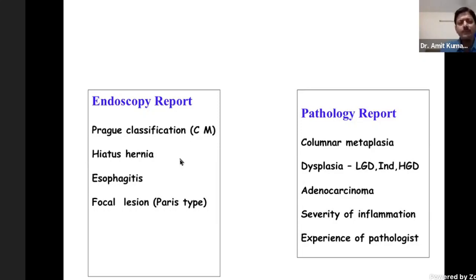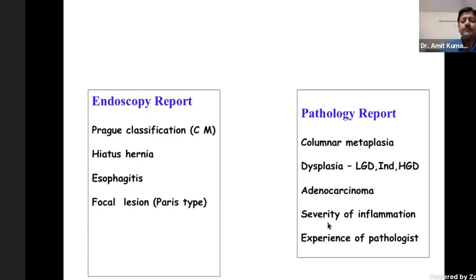So once you have sent the specimen for biopsy, then you have to again look at the pathology report in detail. First of all, you should see if there is columnar metaplasia, because that is what is required to confirm the diagnosis of Barrett's. Then you should look if there's any dysplasia or adenocarcinoma, because that is going to decide your management. If the patient has significant inflammation on biopsy, then inflammation can hamper the assessment of dysplasia. And therefore, in these patients, again, they may have to get PPI and you may have to reassess after 2